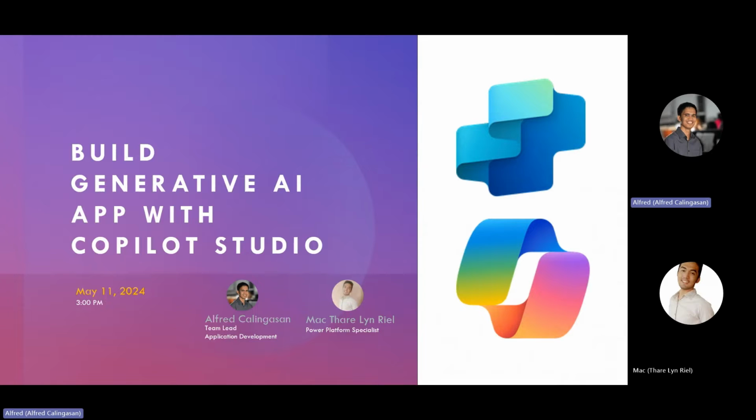And today we are excited to present this workshop on building generative AI apps with Microsoft Copilot Studio. Copilot Studio is a fantastic low-code platform that allows anyone, regardless of coding experience, to create these powerful applications. In this workshop, we will take you on a step-by-step journey, starting with the fundamentals of generative AI and progressing to building real-world use cases with Copilot Studio.